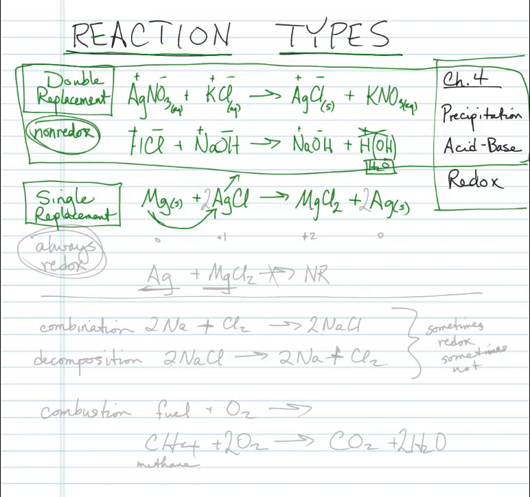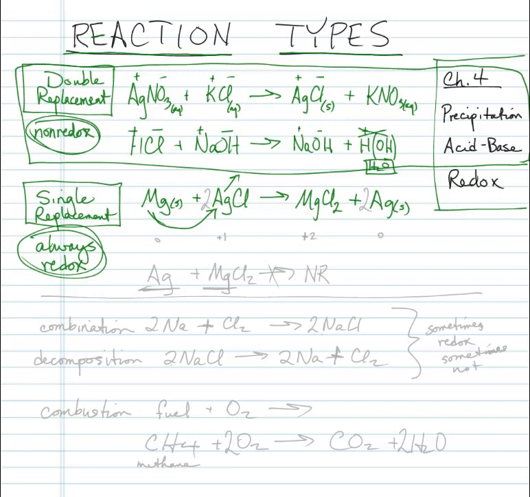This is an interesting reaction. It is always redox, for one thing. If you find a single replacement reaction, it's always redox, in keeping with the rule that I think is very helpful that they mention in Chapter 4, that says anytime you find an element by itself that is neutral, on either side of a chemical reaction, that will always be a redox reaction,